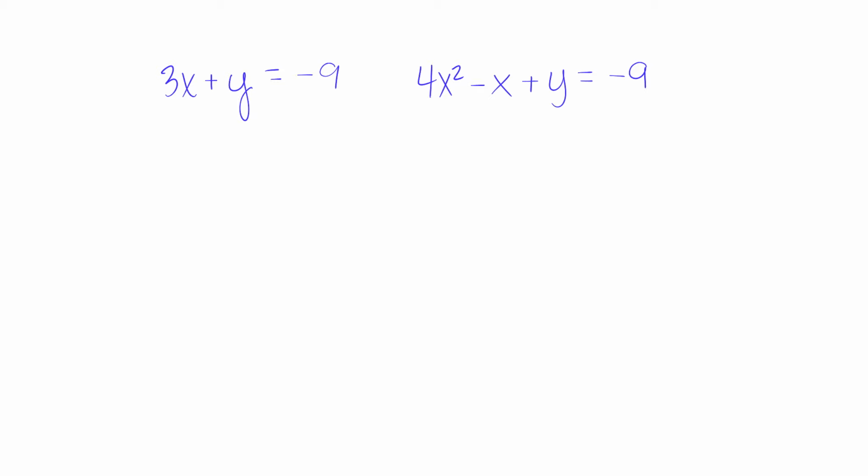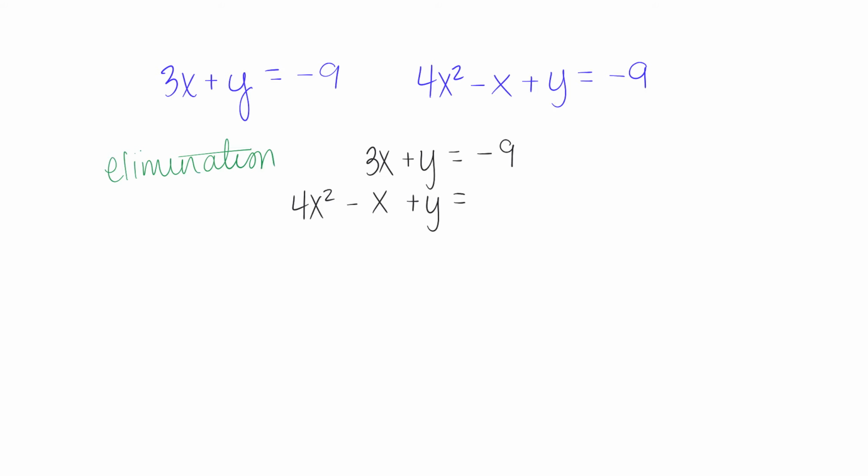All right, if we are going to use elimination, we're going to stack them up. So I'm going to say 3x plus y equals -9. And then I'm going to put my 4x squared out here, minus x plus y equals -9. Well, this is just convenient because look, I already have my y's that are the same. So it's your lucky day. So we're going to subtract this whole thing, and we're going to get